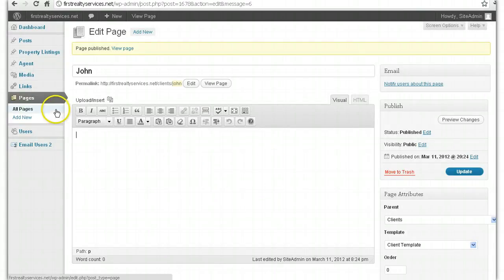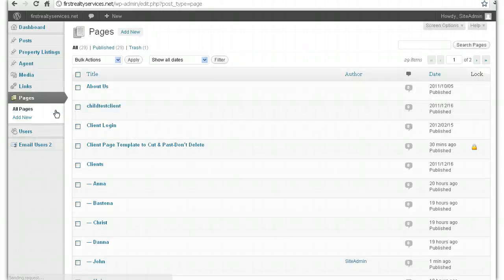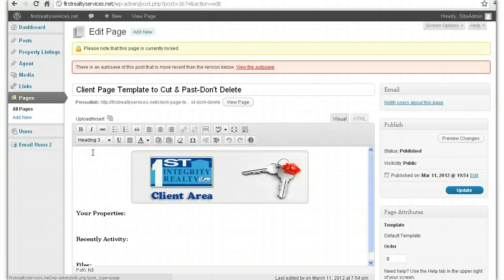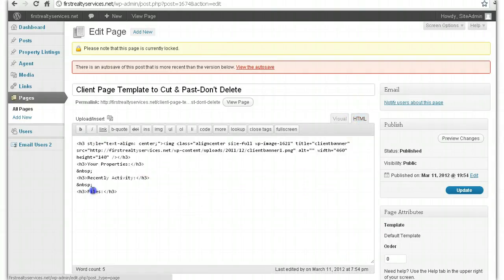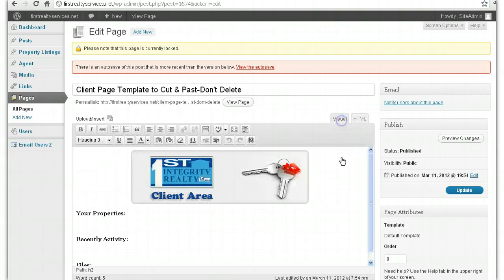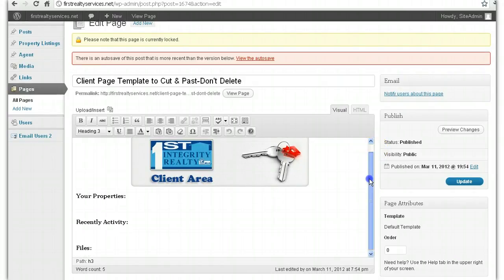Now here's something that I've done for you. If you go to all pages and you see this page here, client page template to cut and paste, don't delete. If you click edit, and you go here and click HTML and you select all of this, okay, select all of this. I've basically made a simple template for you which has the client area banner and some information here. If you copy